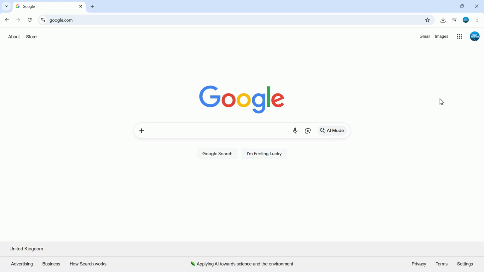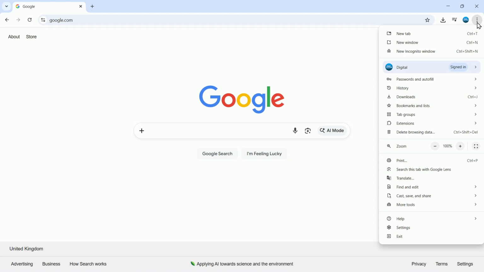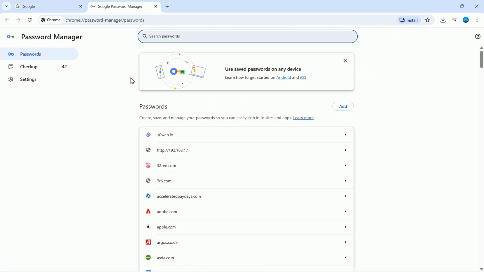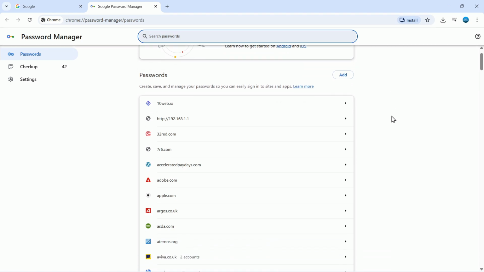Now, in order to do this, of course, you want to make sure first that you are logged into the correct Google account that you might want to delete saved passwords for. Once you've done that, come up to the top right hand corner of your Google Chrome browser, click onto the three dots, and then on this menu hover over the passwords and autofill option. That's going to bring up some further options, and from here you want to click onto Google Password Manager, and it's going to take you to your password manager where you can find all your saved passwords